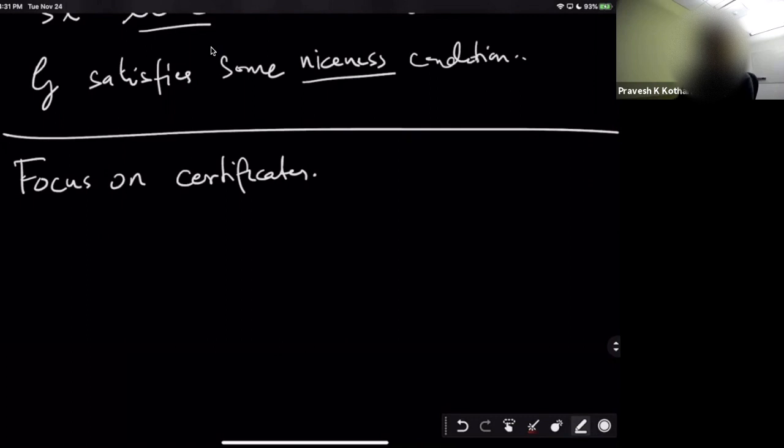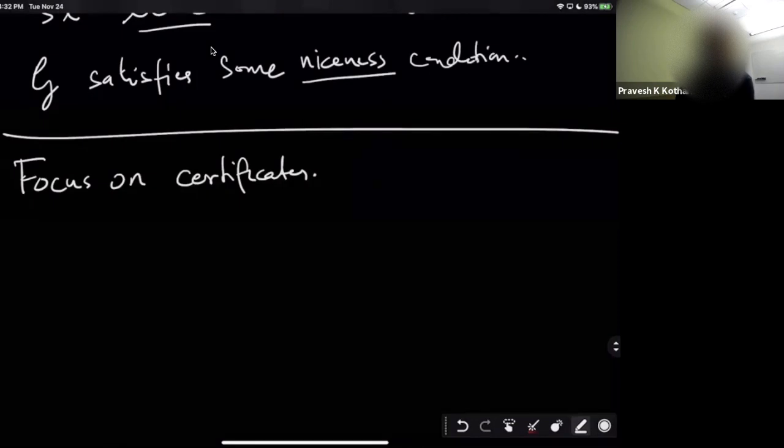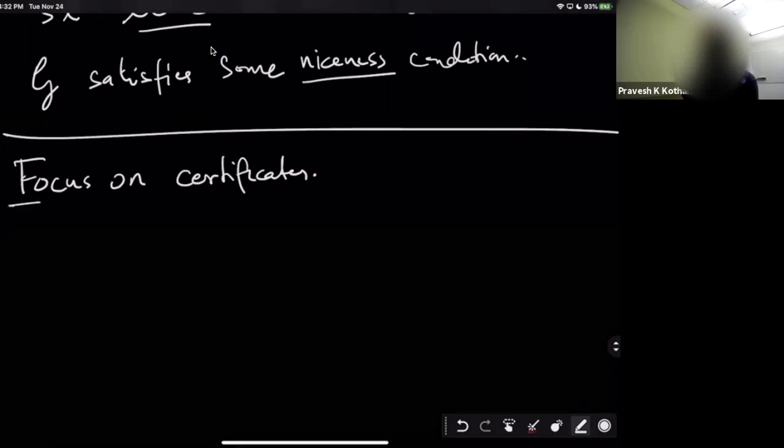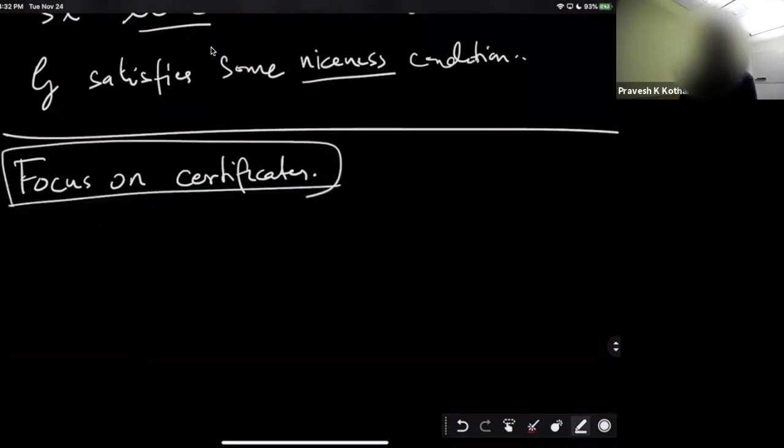We try to establish its completeness and soundness. We try to phrase the test as a bunch of polynomial inequality checks. We try to phrase the conclusion of soundness as a certain new polynomial inequality. And then we try to compute a pseudo distribution and try to round, right? This is something that we have done over and over again. That's also, at a high level, what we're going to do today. Okay, so let's focus on the certificates.